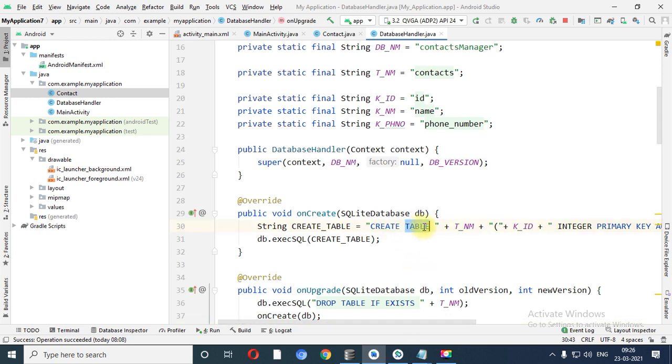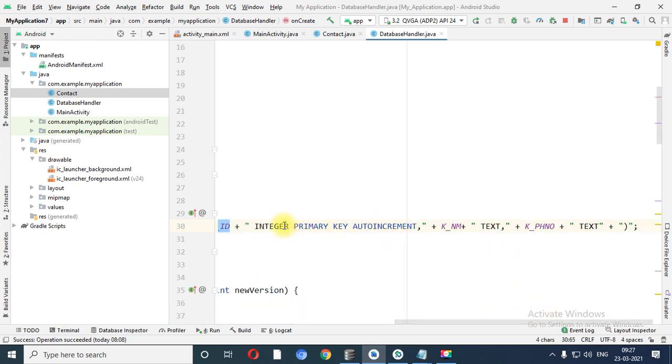CREATE TABLE is the keyword, then a space, then the name of the table, bracket open, first column, a space, integer data type, primary key, auto increment. The second variable is KNM, which means name, with text as the data type. A comma is used for the separation of two columns. The third column again has a space and the text data type, and then the bracket closes.